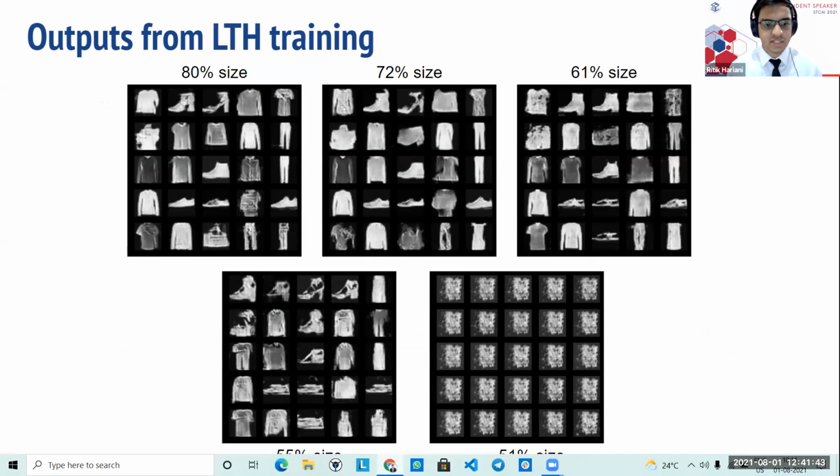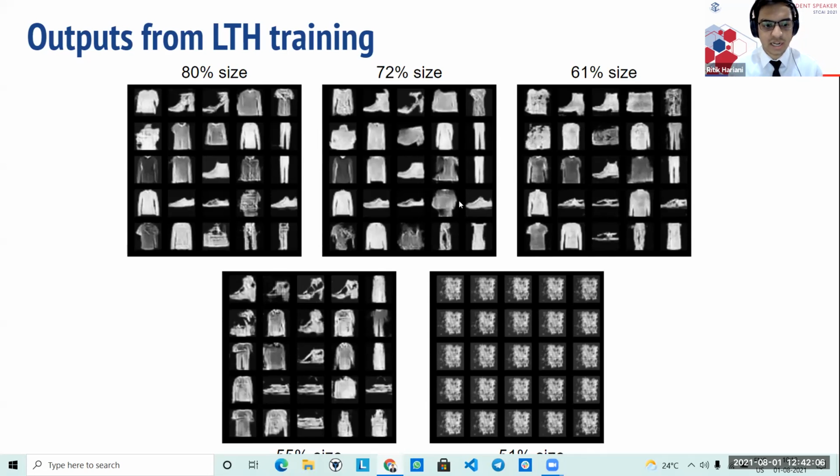So coming to the results that we received from the training of the GAN models, as we can see upon LTH training, when we prune the weights by 20%, we get the following result on the top left. When we continue to decrease the threshold of weight pruning, we see a degradation in the quality of images.